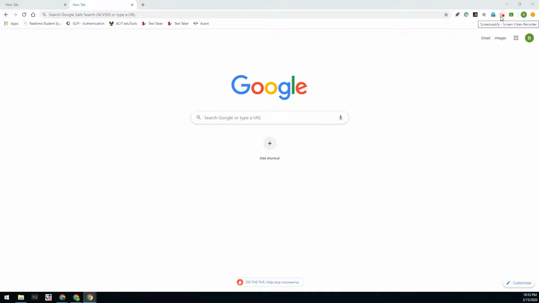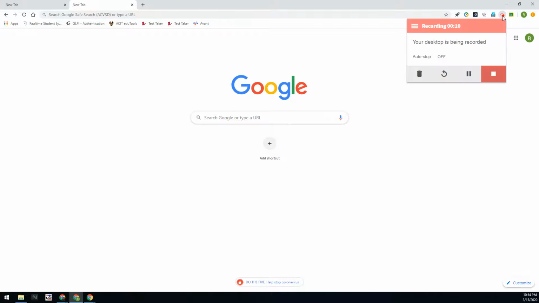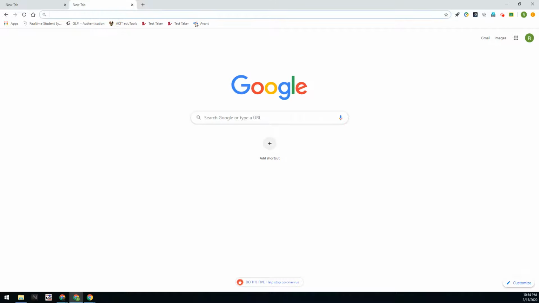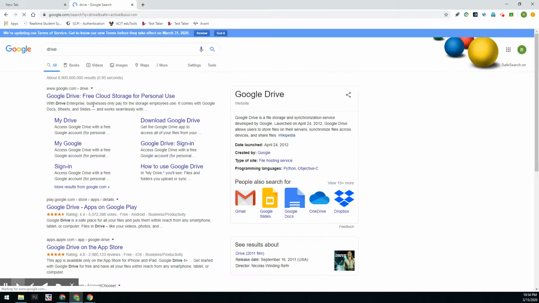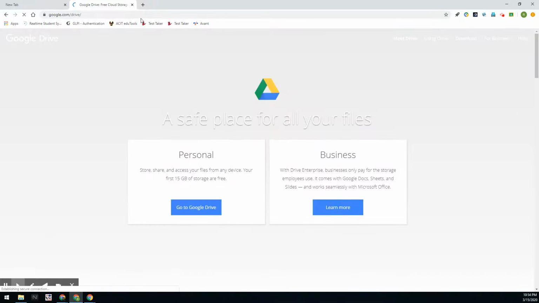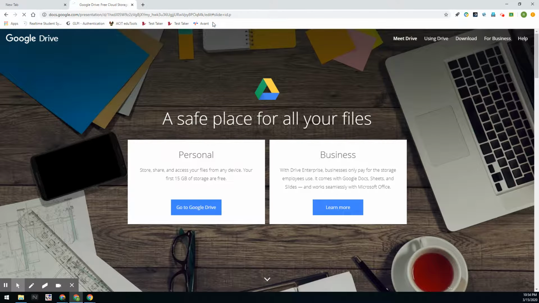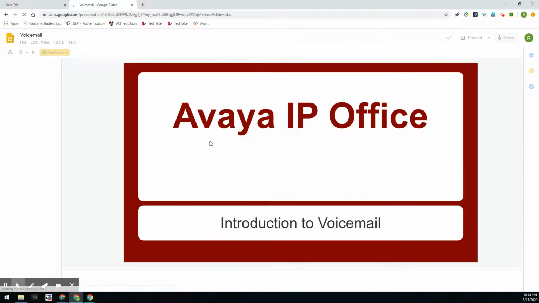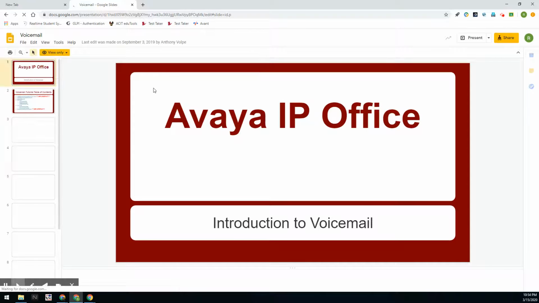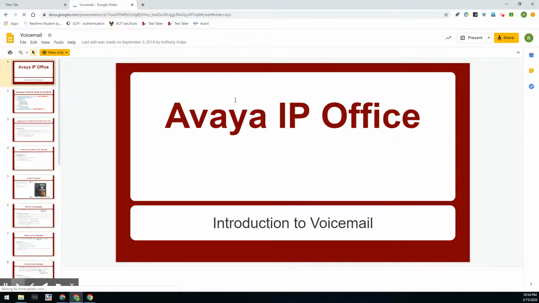You can see the little arrow here changes to a red dot over it, letting me know that I'm actually recording. And if I click on this, you can see that my desktop is being recorded. And if I open up anything now, go to my Google Drive, for example, or for example, open up a PowerPoint, this is being recorded as part of the presentation, and I can go ahead and